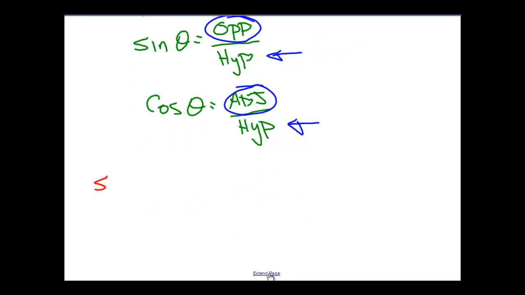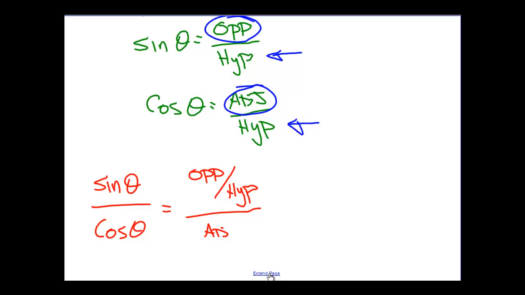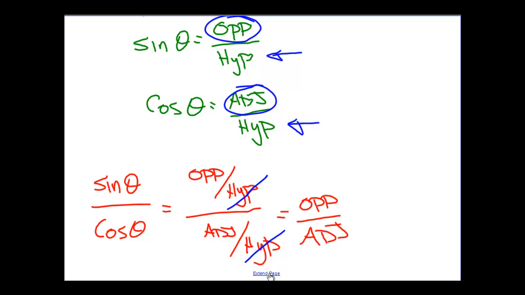So let me take a moment and just evaluate the sine of theta over the cosine of theta. This is the opposite over the hypotenuse divided by the adjacent over the hypotenuse. And you can see from several different ways that the hypotenuse portion of this expression is going to cancel, and we're simply left with the opposite over adjacent. However, we know from our work with right triangle trigonometry that in a right triangle the ratio of the opposite side to the adjacent side